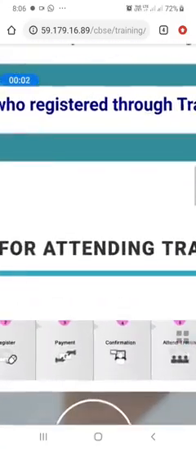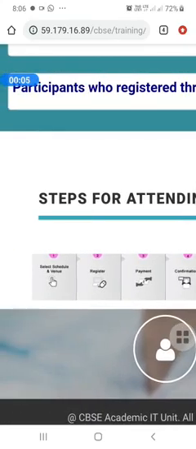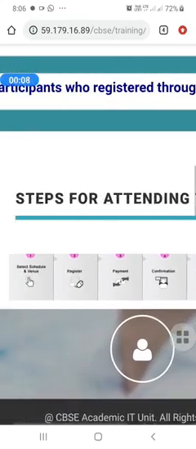Here it is given how to register, the steps for attending the training programs.